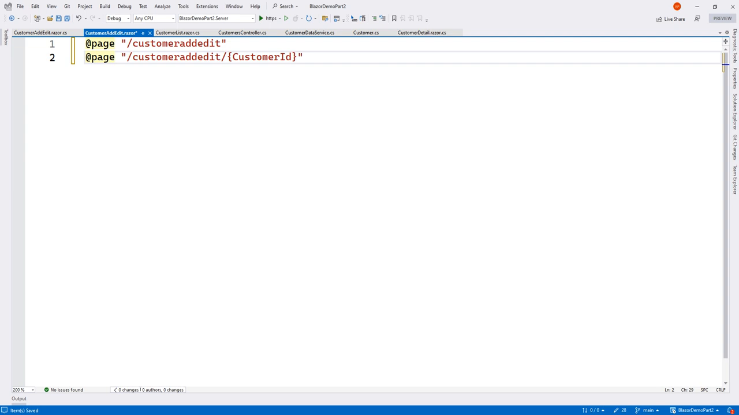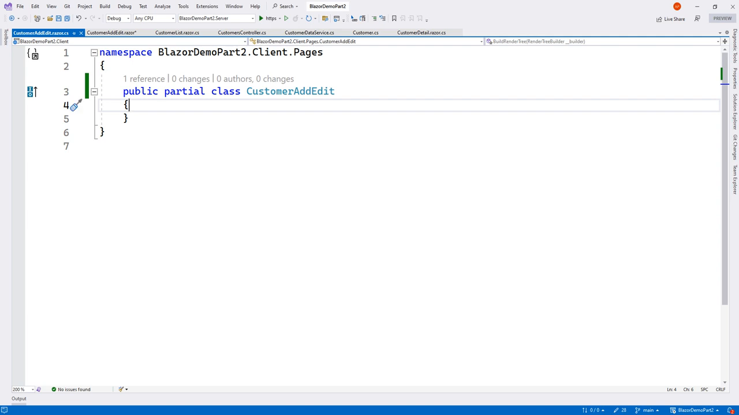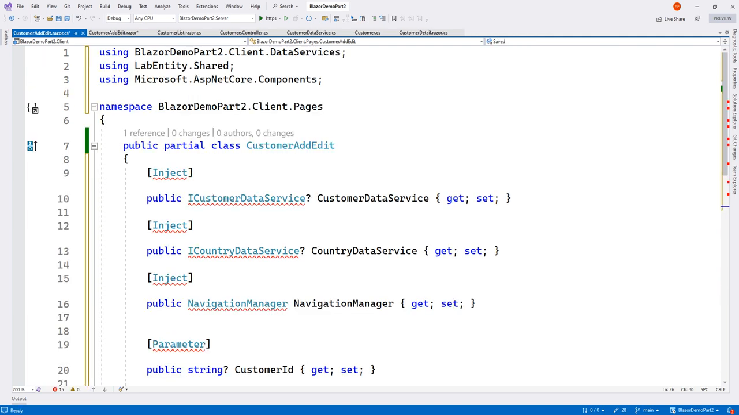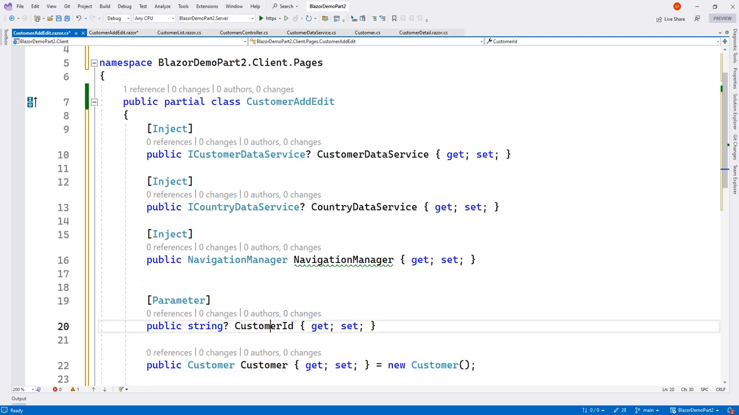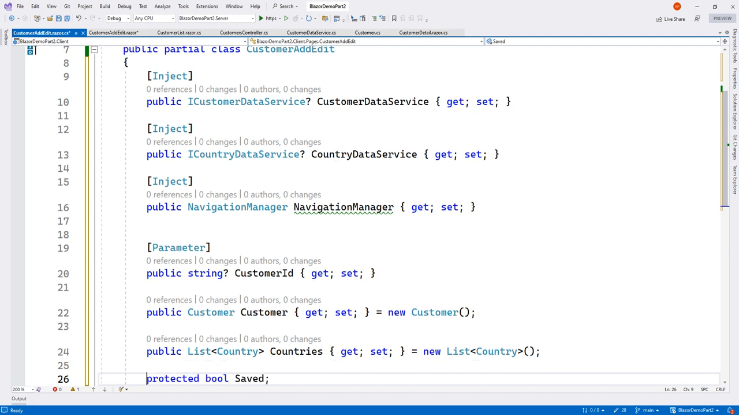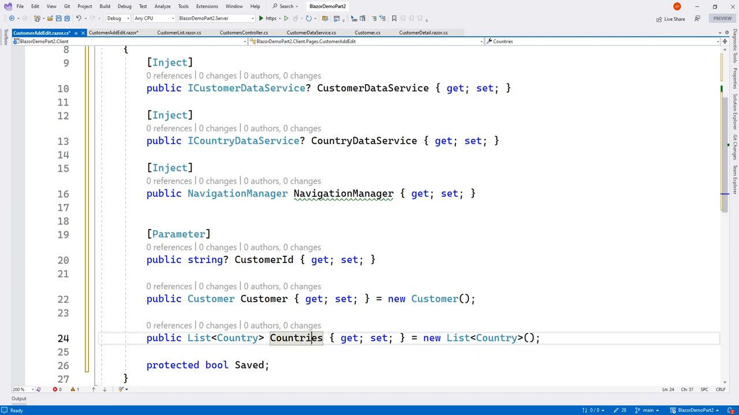So we'll add few property very similar to previously that we created. So we will add property inside this one. So here we have a few set of properties, that is a customer data service, country data service and navigation manager for the navigation, and we are going to have a customer ID for edit from the parameter, and we are creating a customer so that you can set the values,